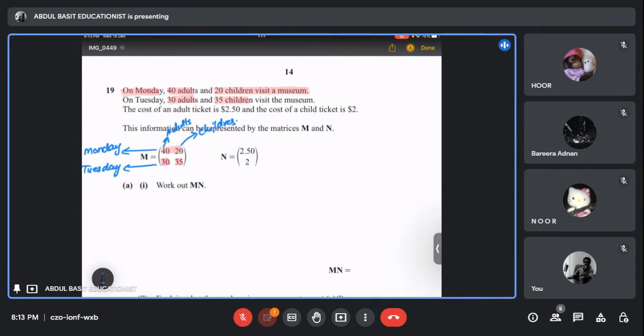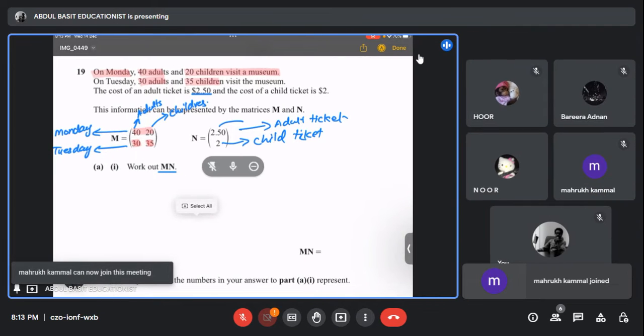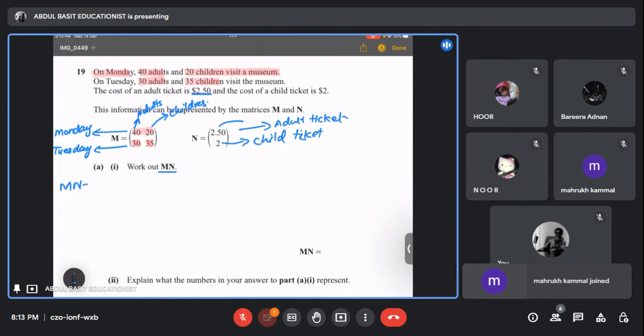Now they say that the cost of an adult ticket is 2.5, so it will represent adults. That is the first column. And they say the cost of a child ticket is $2, so this is representing the child ticket. We can see that MN means M multiplied by N. Can I multiply these two matrices? Yes, sir. Okay, we can multiply these two matrices. How? MN equals, M matrix is 40, 20, 30,